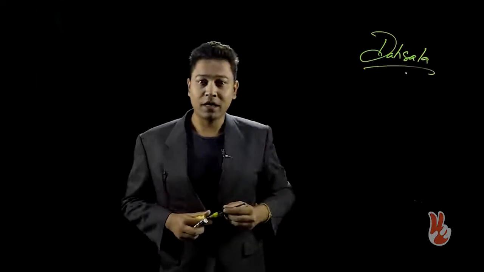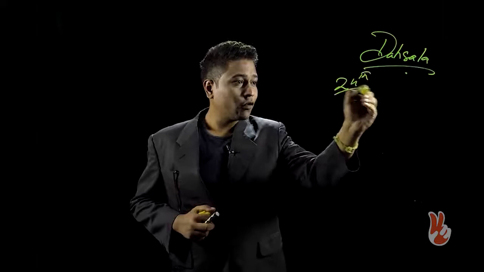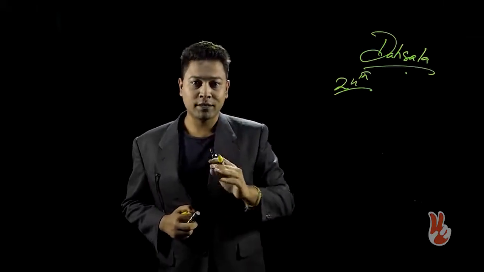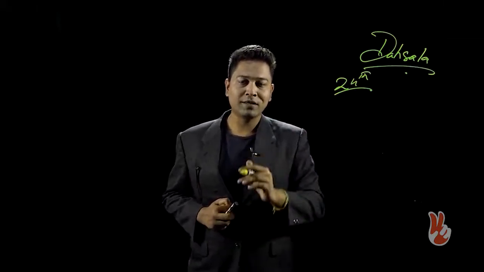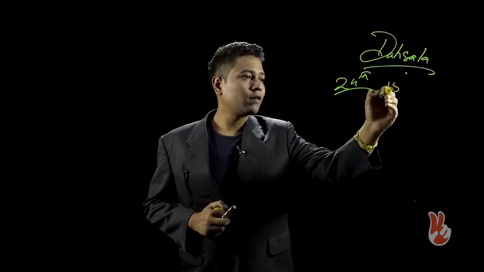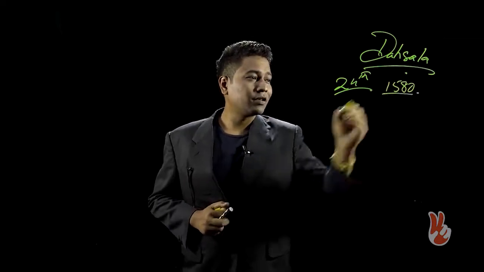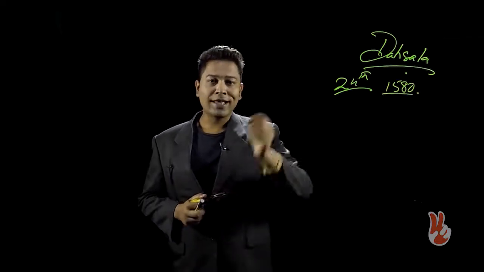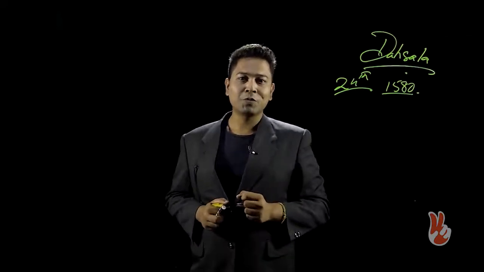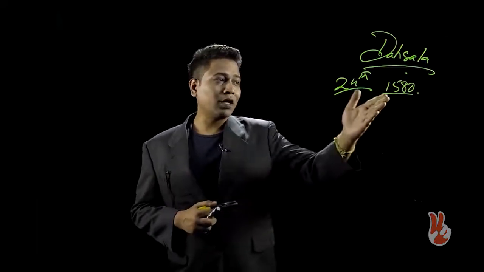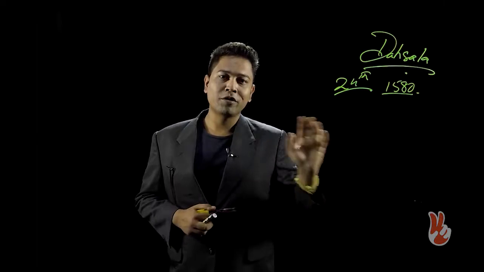Hello friends, today let us talk about the Dahsala system. This is the system of revenue instituted during the 24th regnal year of Akbar, that is the 24th year from the time he ascended the throne, that would be 1580. So, this was the new land revenue administrative system which was instituted in 1580 in the 24th regnal year of